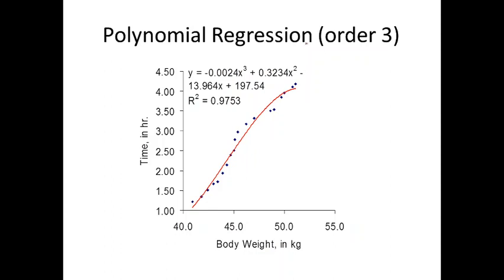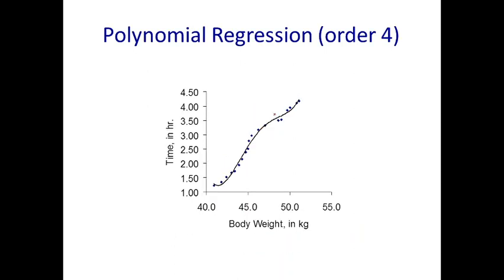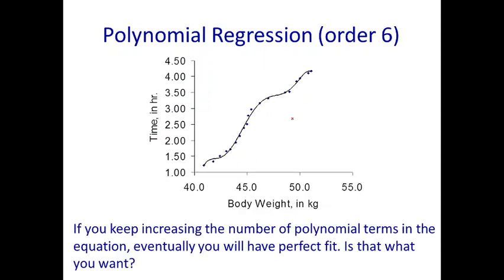Therefore, if you go for polynomial regression of order 3, with x cube, x square, x, then we can see that it fits well. If order 4, you can see it fits even more. If you go for a higher order, you may see that it exactly fits; the graph will go exactly through the points. But here the prediction may not be accurate. This is a case of overfitting, which we will explain in another scenario.